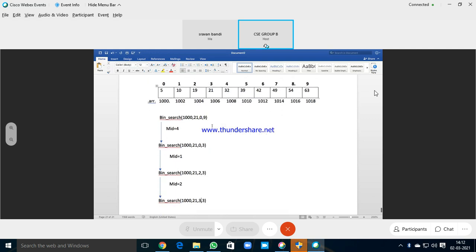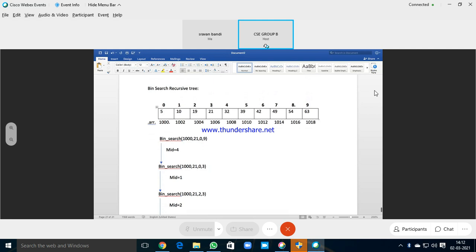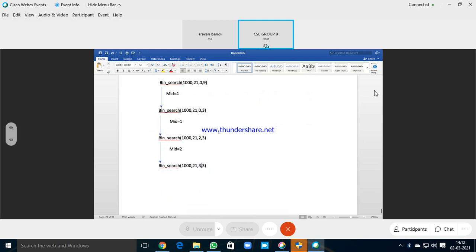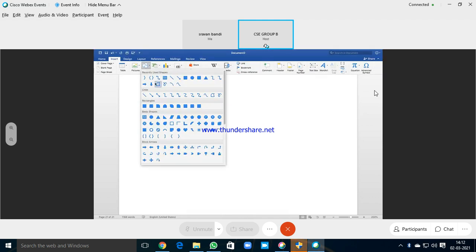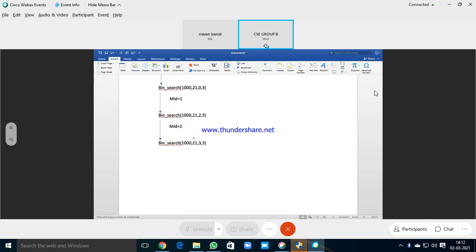So thereby I will return 3. Now it has to return back. Whatever is returning back, I will denote it with an up arrow. What is the return value that I am returning here?